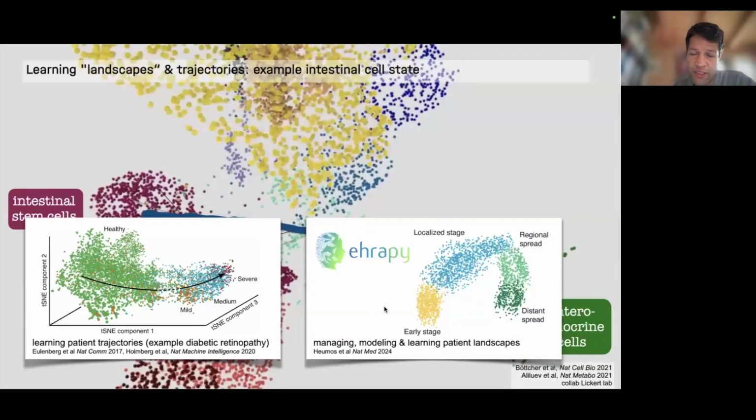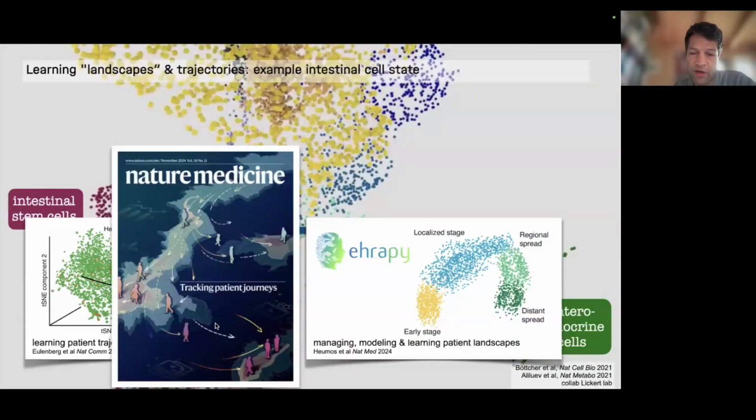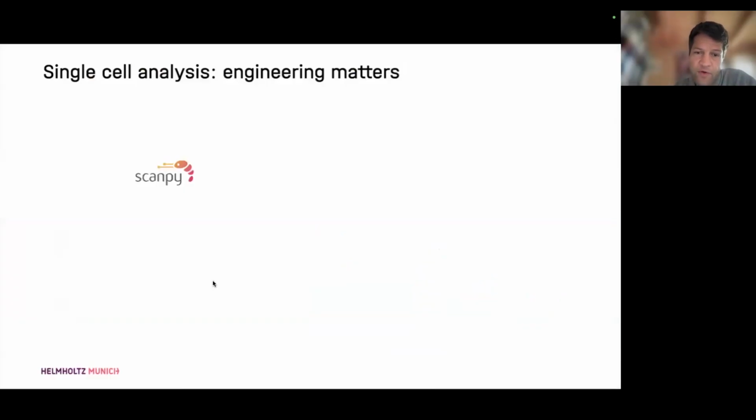And we've been putting this model into a toolbox. It just recently even got on a Nature Medicine cover, even though it was a computational type of thing. It allows you to track these journeys, not just in the cellular case, but also in the patient case. So if there's some interest, happy to discuss it afterwards, but I'll just focus now on the cell thing.